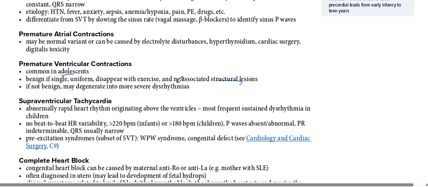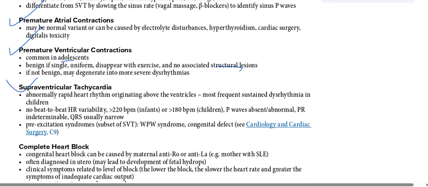Okay, this is a bit important to remember. What is premature atrial contraction? What is premature ventricular contraction? What is SVT? That is something important to remember. Alright, I will slowly tell you again one more time. So don't worry, guys. Okay, PAC, what is premature